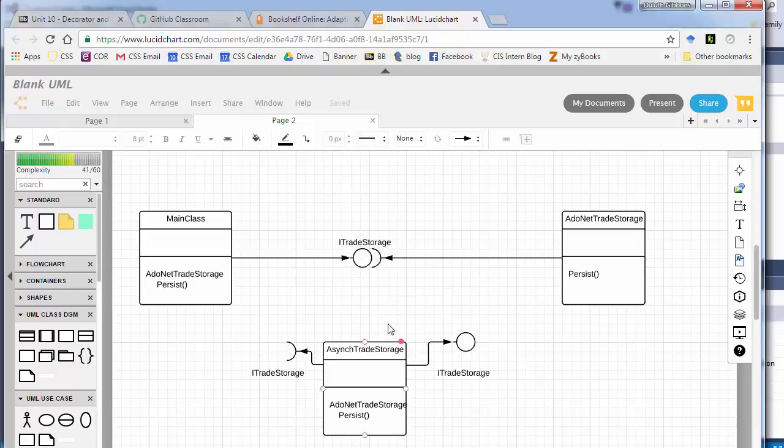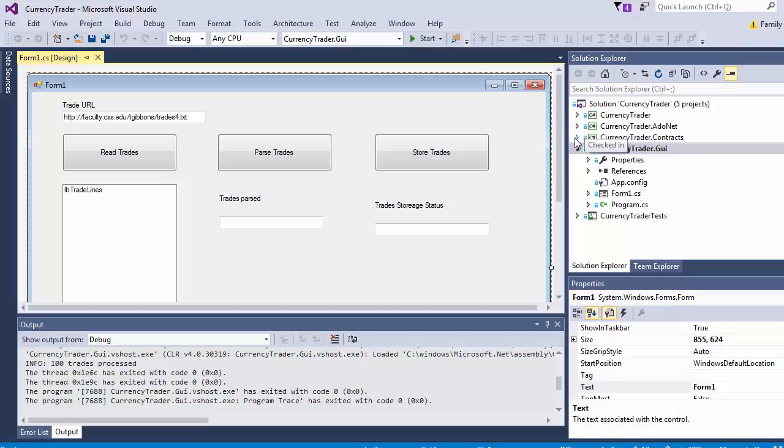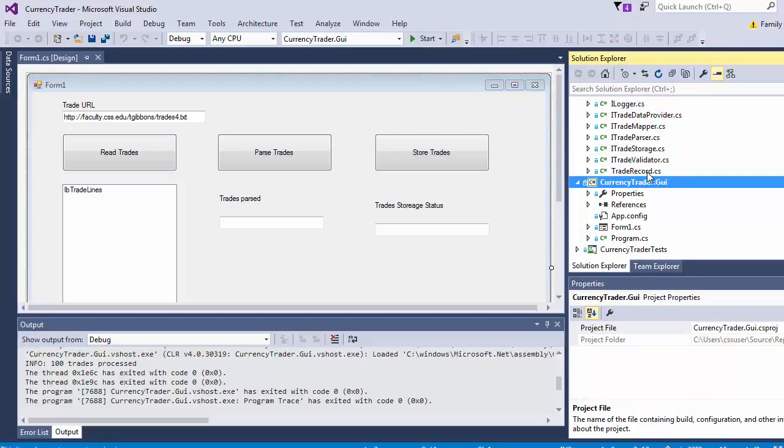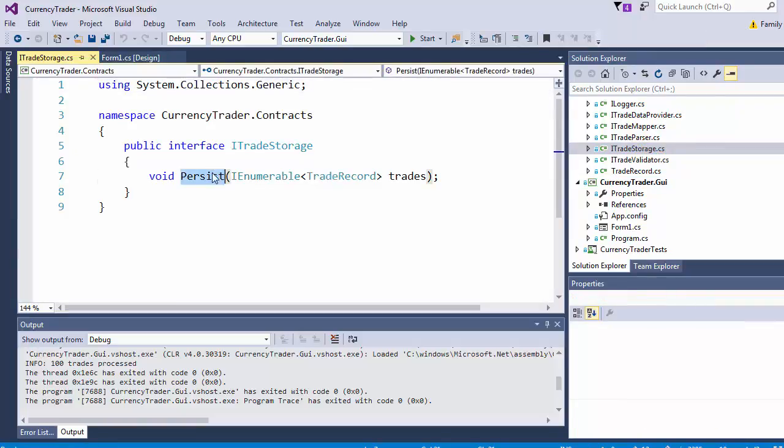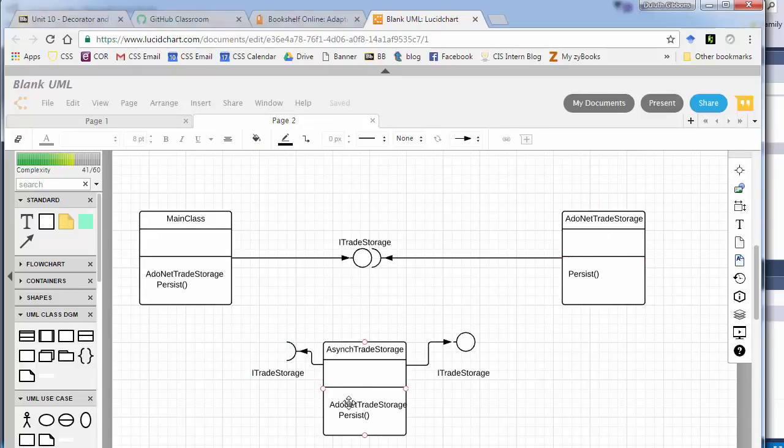So we're using this. Now we're going to define this asynchronous trade storage, and that's going to include one of these objects, just like this. That's going to include it here. And it is going to call the persist method. It's going to implement this interface. Let's look at that interface. That interface only has the persist object in it. So the iTrade storage interface says that anything that does trade storage just has to have a persist method defined in it. So it's going to define a persist method, and then it's going to call the persist method here, and then we're going to be able to kind of map this so that